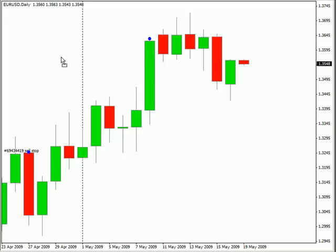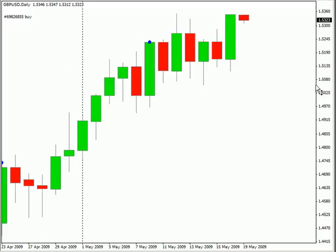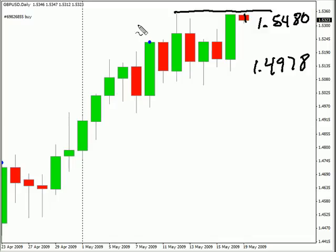Now, switching to the pound US dollar pair, this pair moved much higher, basically came right up to previous resistance and stopped to close for the day and has pulled back so far. We are looking for this pair though to potentially go as high as 154.80, possibly as low as 149.78. Look for some resistance around 154.50 and look for some support around